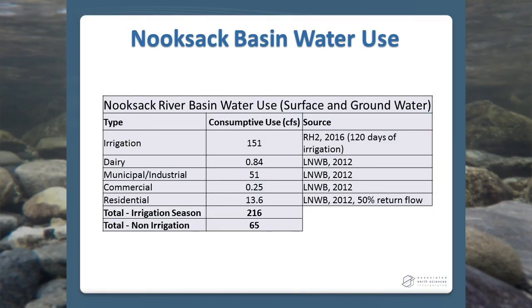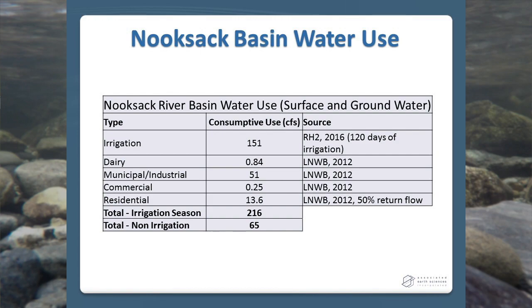So I thought it would be useful to add up all the water use in the Nooksack Basin, both surface water and groundwater use, put it all together and convert it to CFS and see how it compares with in-stream flow. Irrigation is a large user, particularly during the irrigation season. You lump it all together and add it up simply, and you come up with about 216 CFS of water use during the irrigation season,